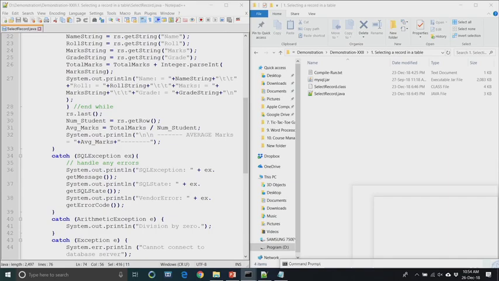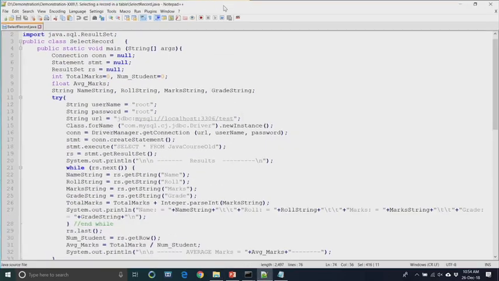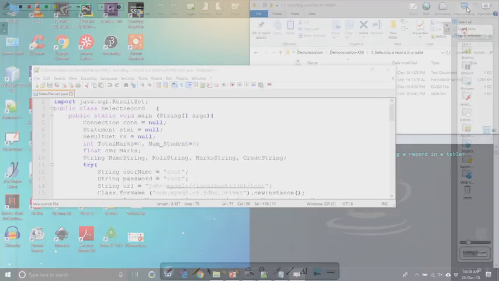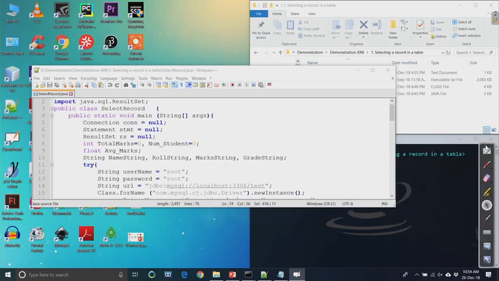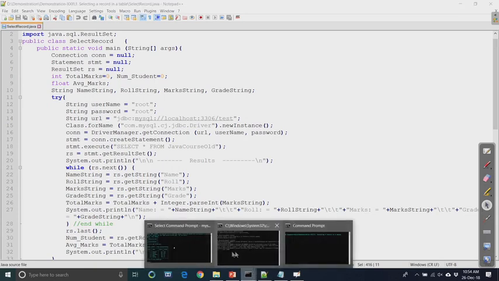The first program we are going to demo is how the select statement can be executed. For this, we assume that there is already a table available in the database. We have already created a table for the purpose of this demo. The name of the table is Java course old.